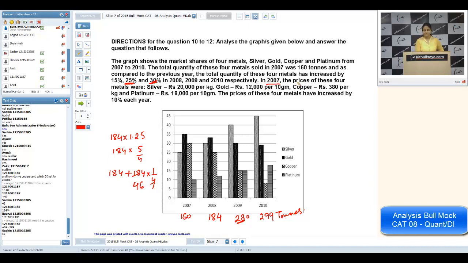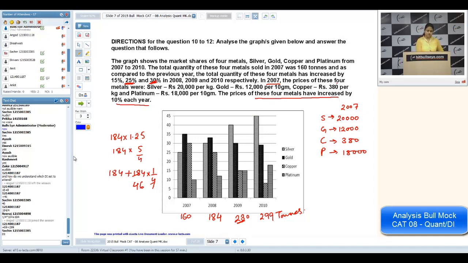Now in 2007, the prices of these four metals were: one is silver, one is gold, then we have copper, then we have platinum. Silver was 20,000 per kg. Gold was 12,000 per 10 grams. See the units. Copper was 380 per kg, and platinum was 18,000 per 10 gram. That was the data given in 2007, and it says the prices of these four metals have increased by 10%